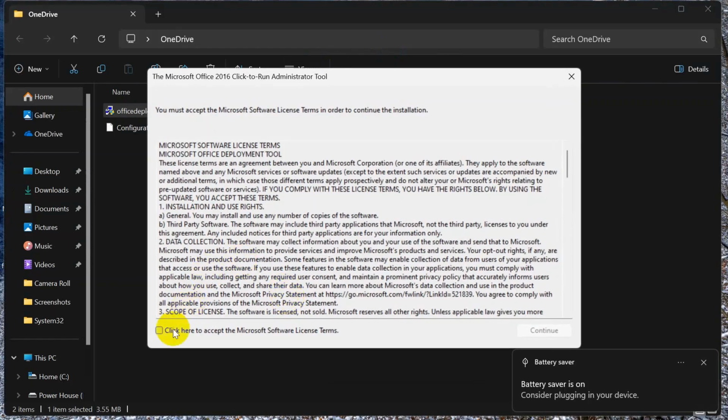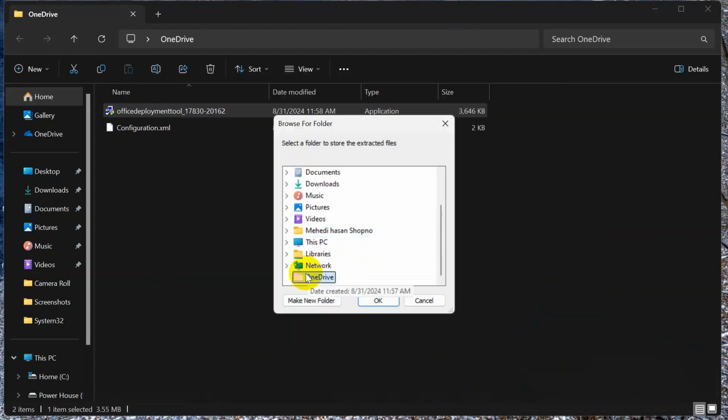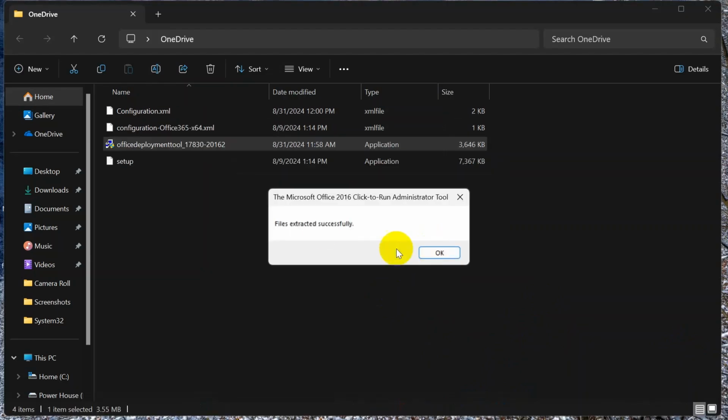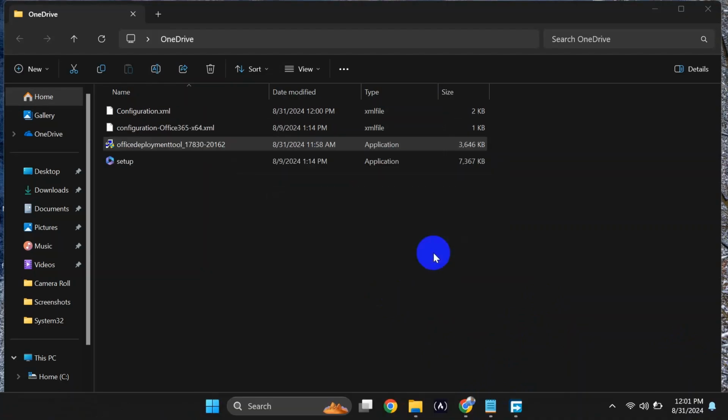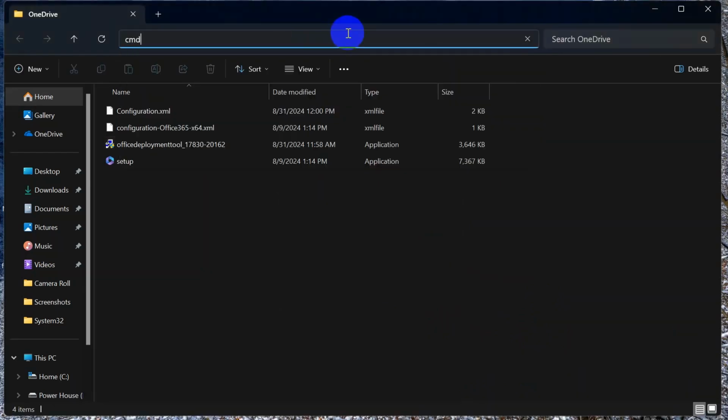that Microsoft Office permission, and here we will click to accept the Microsoft software license terms. Click Continue, and here you will need to select the OneDrive folder and then click OK, and your files are extracted successfully. And now we are going to come over this bar over here and type cmd and then